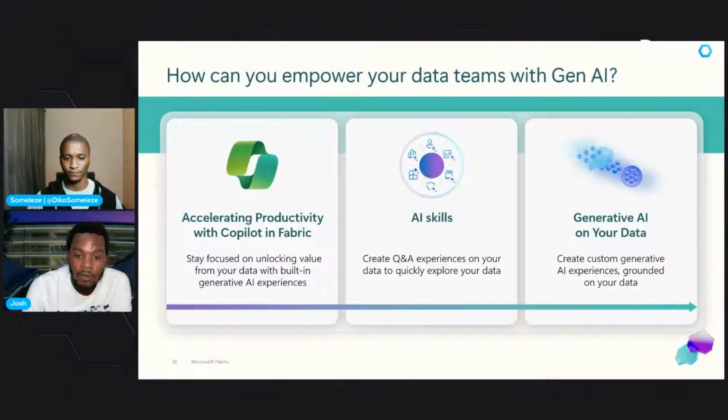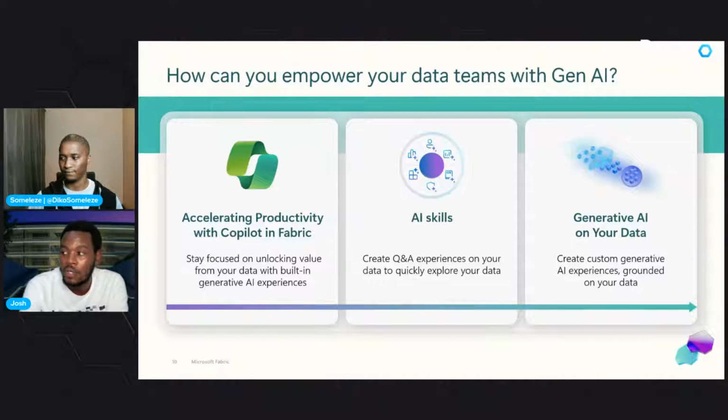And these Copilots can help automate and also streamline tasks, empowering your teams to work faster and even more efficiently. The second way that we empower your data teams with generative AI is having powerful AI models directly integrated into Microsoft Fabric, allowing you to dive deeper into your data to uncover hidden patterns and insights. And this model can help you